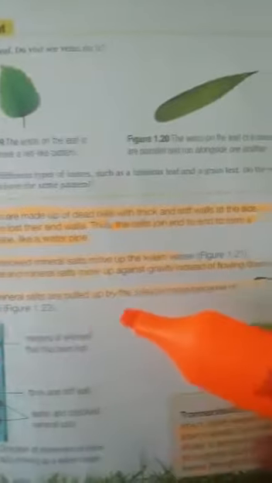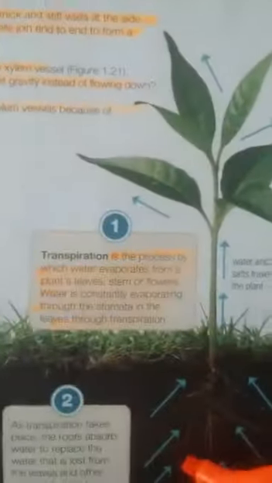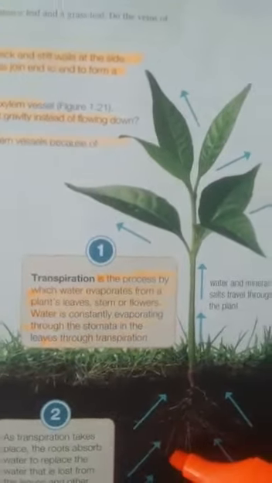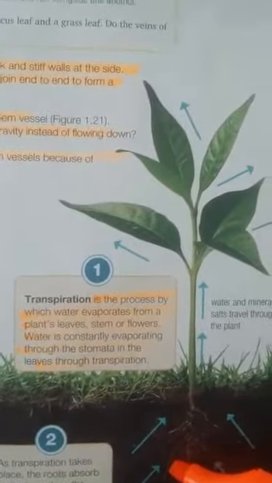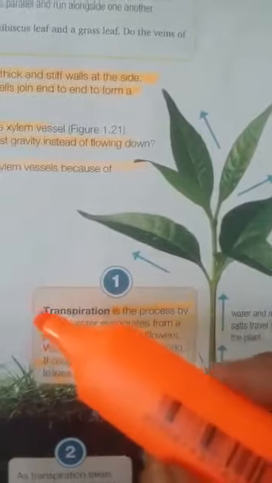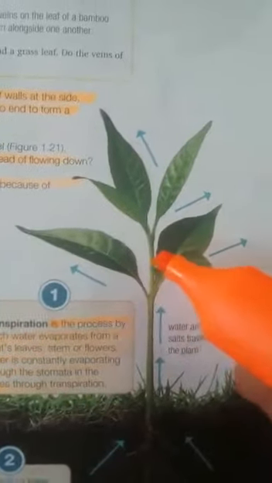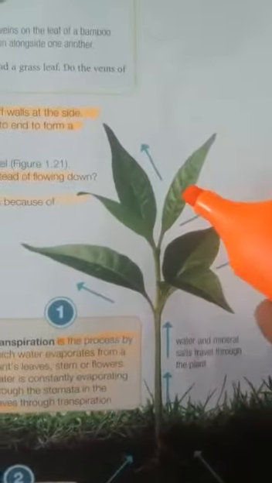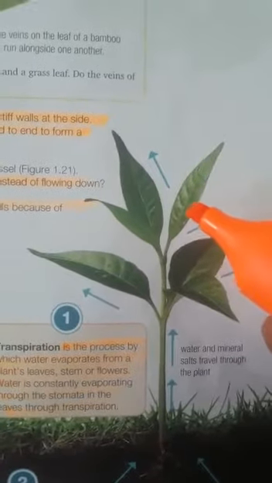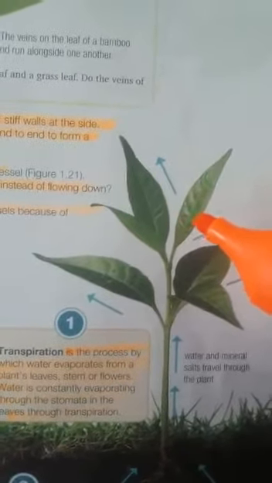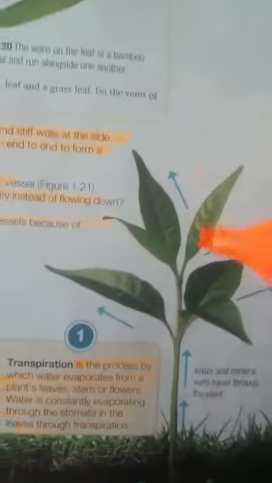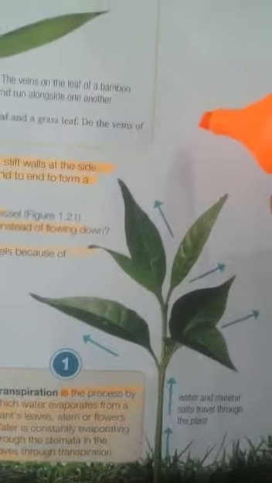Okay, so over here they have told you how the water moves, which process helps the transport of the water and the minerals. This process is called transpiration. I have told you in the previous topic that on the underside of the leaves there are a large number of stomata, and through these stomata water continuously evaporates or goes outside into the surrounding.